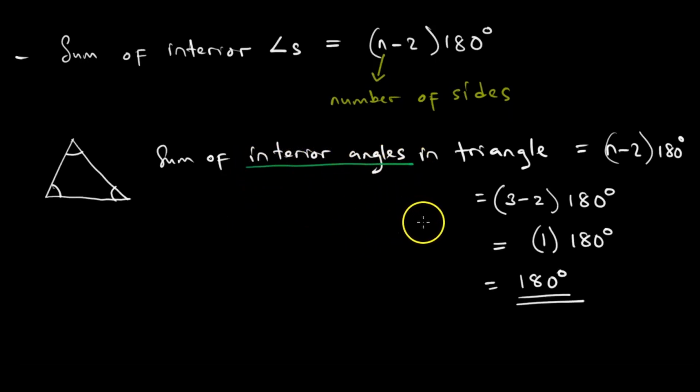Let us do our first practice question to see how we apply the information we have learned. This is going to be our first practice question. Calculate the size of each angle of a regular heptagon. So when we are answering this question, we have to acknowledge first that a heptagon has 7 sides. So once we agree that a heptagon has 7 sides, we have pinned down this particular question.